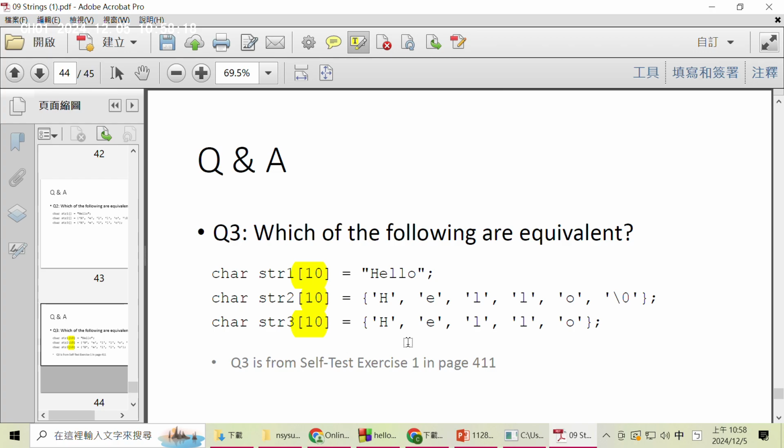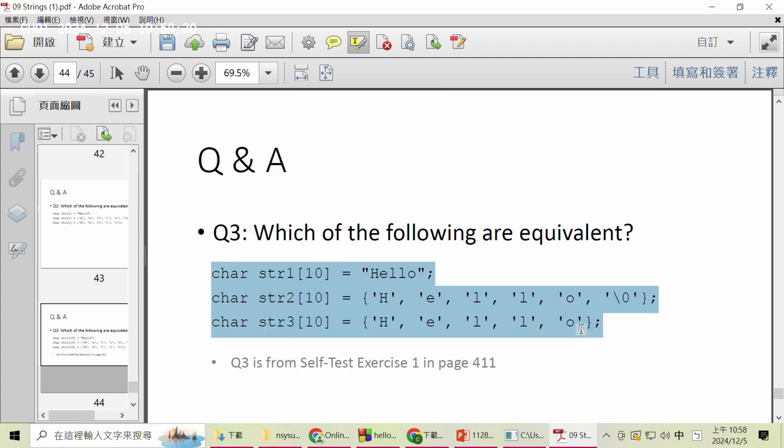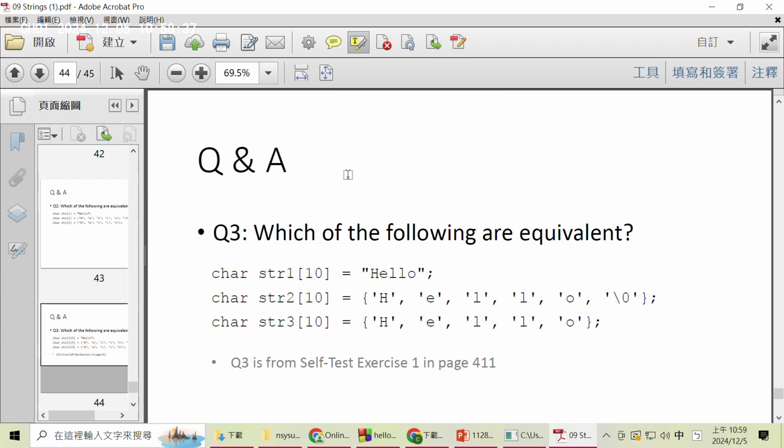Oh, okay. So the second one, most people select the second one. Actually, the answer is the first one. The 3 arrays are all the same. This is because